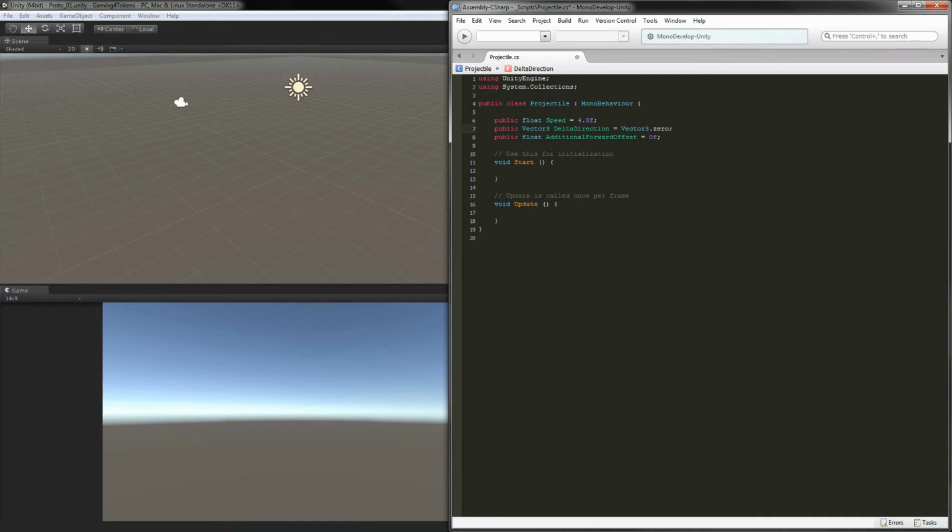So I hope that makes some kind of sense, but the speed is what controls the forward, its local forward, and then the additional forward offset is going to be a world forward. Alright, so